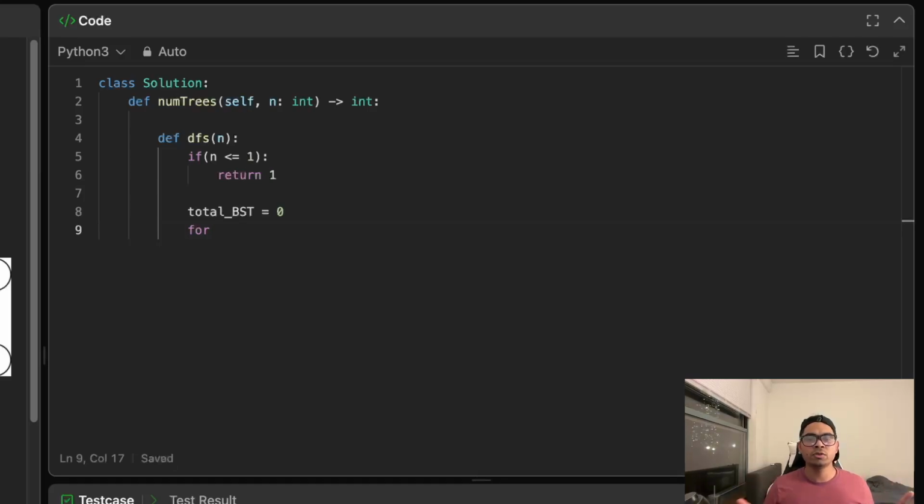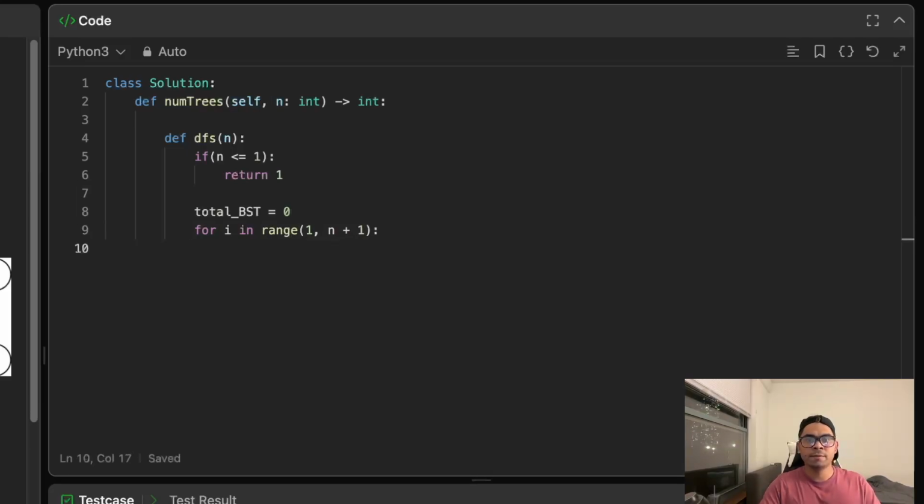Now I'm going to choose a root from 1 to n plus 1, because 0 we are not choosing as a value right now. So for i in range 1 to n plus 1,